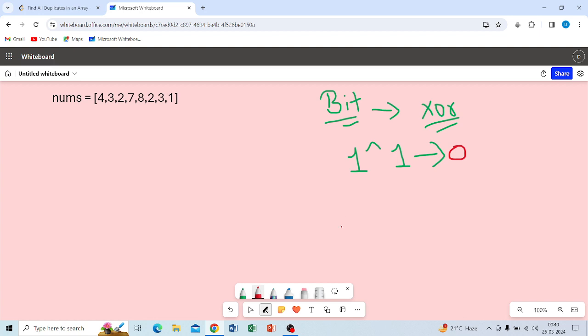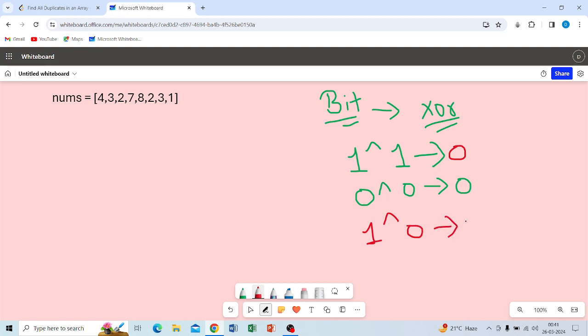Okay, suppose both of the elements are 0, both bits are 0, so the resultant value is 0. Clear my point? And suppose both bits are different, suppose 1 XOR 0,